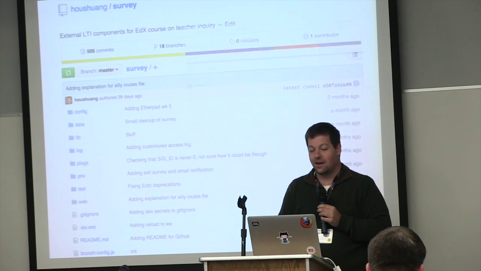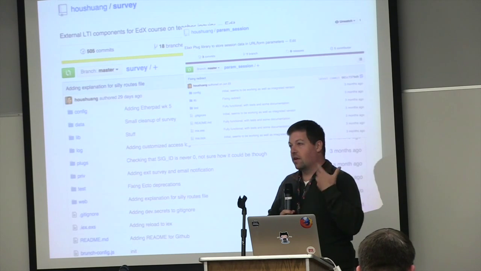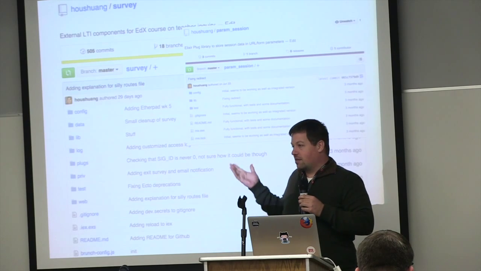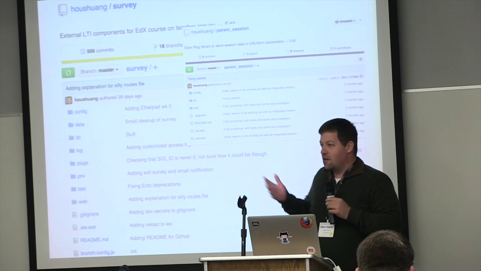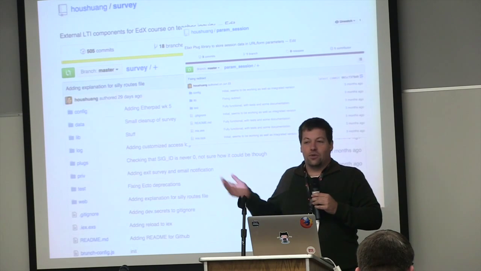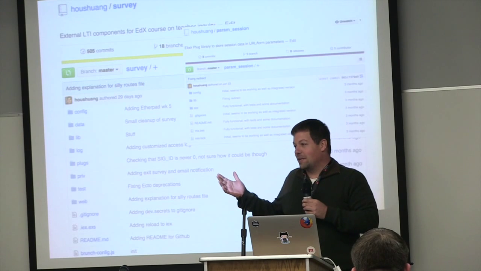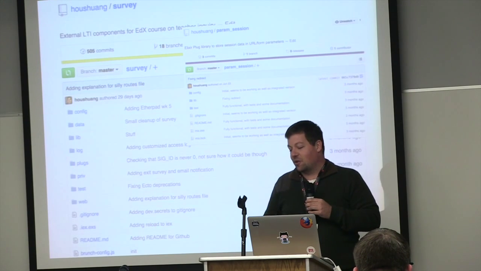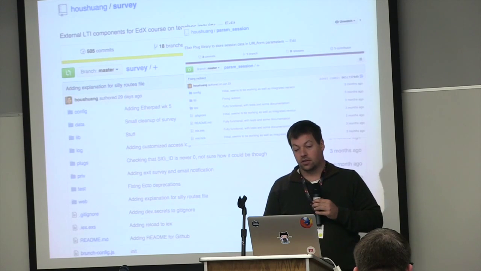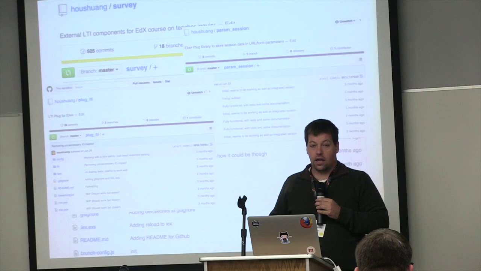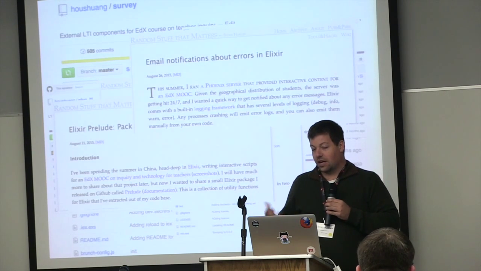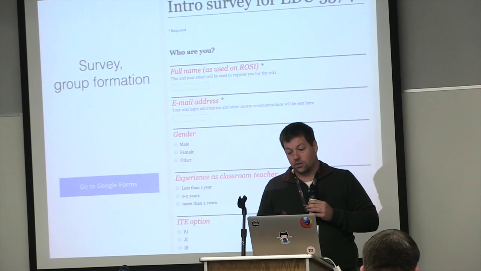But anyway, all the code is there, and we also try to think about ways of reusing and sharing this code, because I basically spent 3 months in a little village in China writing this code this summer. And then you feel like, okay, the MOOC is over in 3 days. Do I even bother fixing this bug? Because it'll never be used again. So what I tried to do was to make the code as modular as possible and to share as much of it as possible. So we already have a few different libraries, including an LTI library that didn't exist before, a few different blog posts. We're trying to share the stuff that we build and make it useful for others.